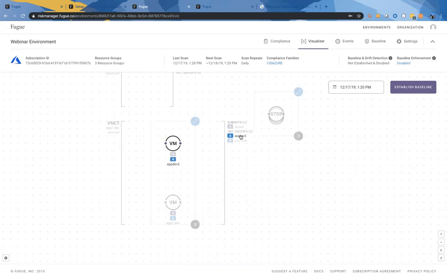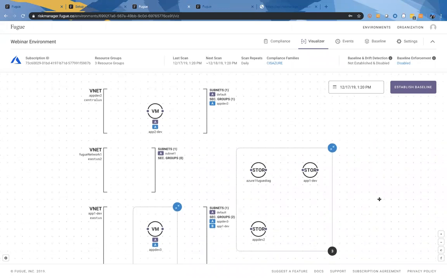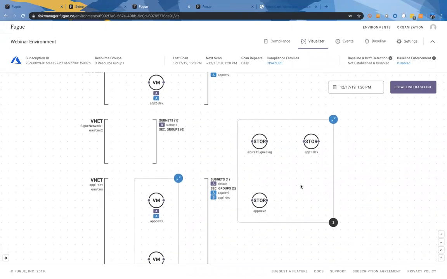You can also do that with security groups as well. So if you have specific VMs or specific storage instances that are within certain subnets, they would be highlighted there. Your storage as well, you have multiple storage buckets and you're able to see all of those with the name detail as well. You'll see a number here. So you can imagine if you have hundreds of buckets, you'll be able to see all those buckets detailed